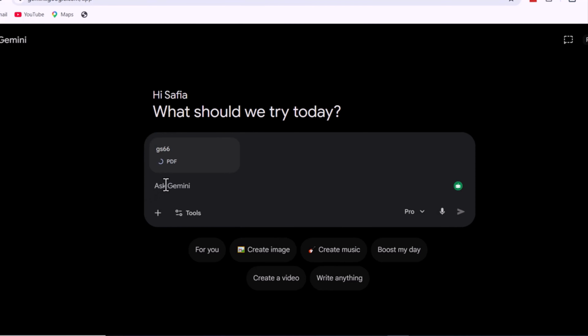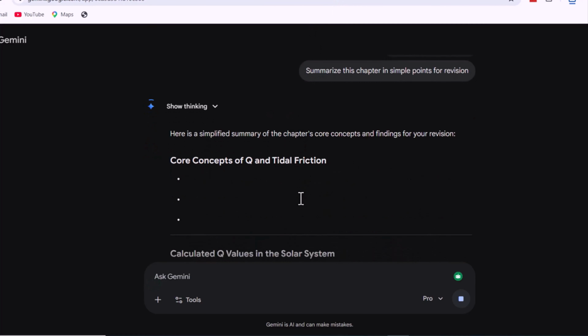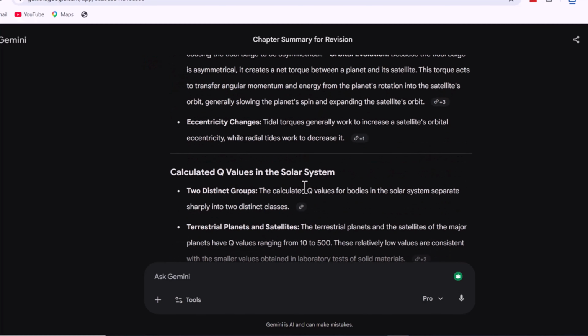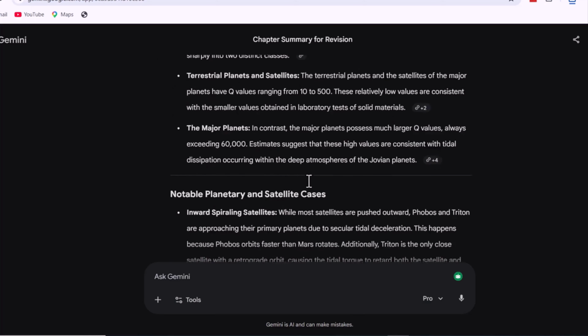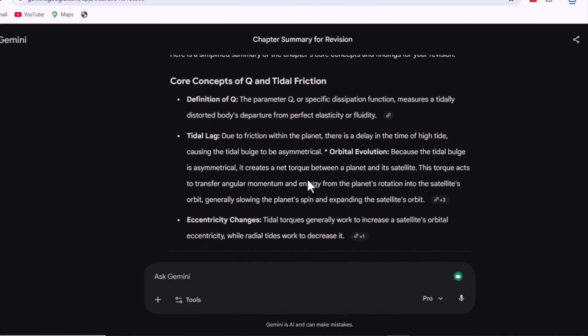For example, imagine you have a 15-page PDF chapter on the solar system. Google Gemini can summarize the key concepts for you in seconds. And your exam is tomorrow. You open Google Gemini, upload the PDF, and type: Summarize this chapter in simple points for revision. It's that simple. With AI, you get results like this within seconds. The solar system consists of the Sun and 8 planets. Inner planets are rocky: Mercury, Venus, Earth, Mars. Outer planets are gas giants: Jupiter, Saturn, Uranus, Neptune. The Sun provides energy to all planets. Asteroids and comets are smaller celestial bodies.